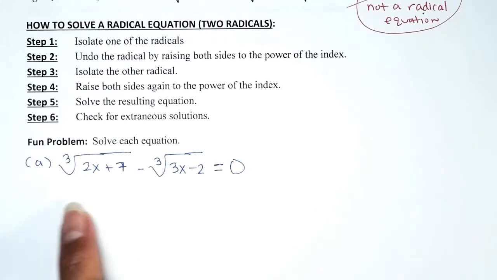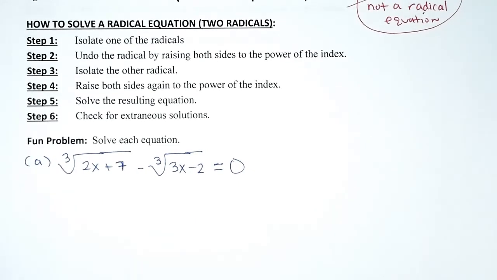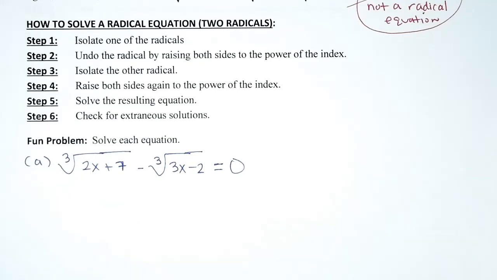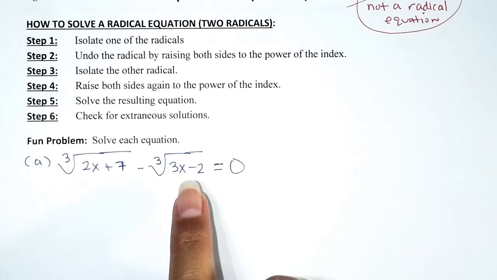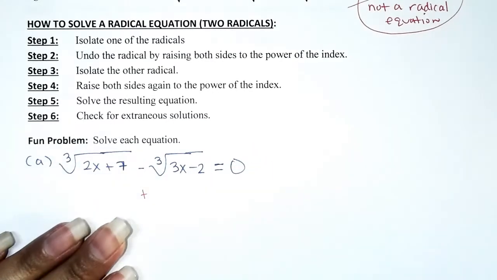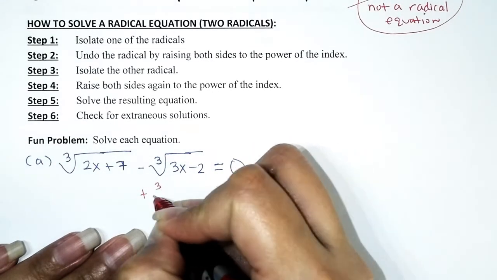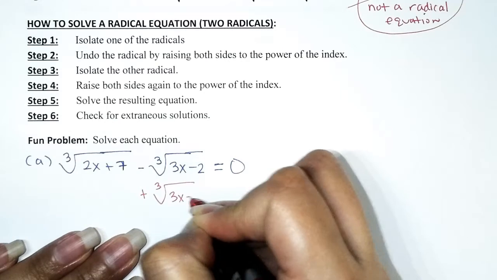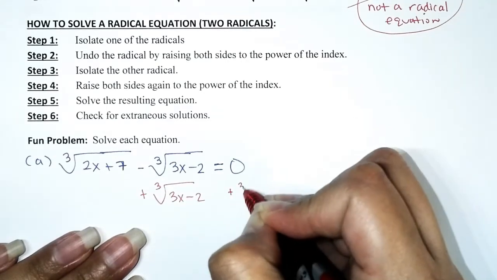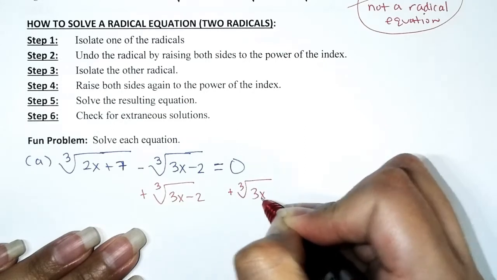I could care less which of these two you decide to move. For me, the subtraction sign really affects my flow. So I'm going to go ahead and move that second term so that both radicals could be positive. Okay, so let's go ahead and move that second radical. To undo a subtraction, we're going to go ahead and add it. To undo the subtraction by cube root of 3x, let's go ahead and add cube root of 3x